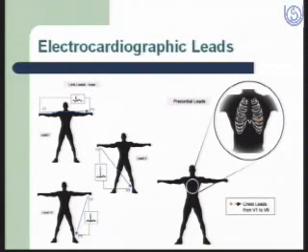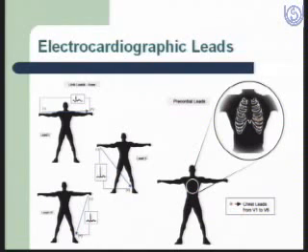Lead 2 detects the electrical potential between the right arm and the left foot, where the right arm is the negative pole and the left foot is the positive pole. Similarly, lead 3 depicts the difference in electrical potential between the left arm and the left foot, where the left arm is the negative pole and the left foot is the positive pole. So these are known as bipolar leads, and apart from these we have the precordial leads, which are the unipolar